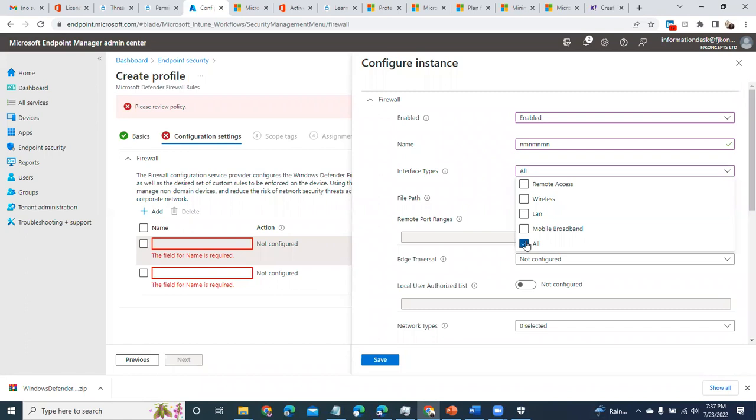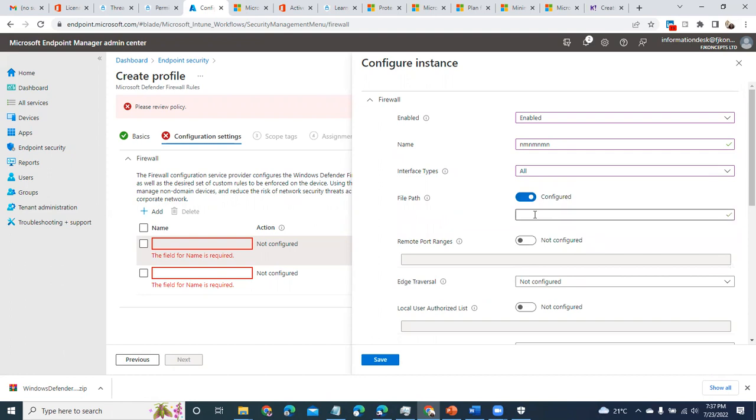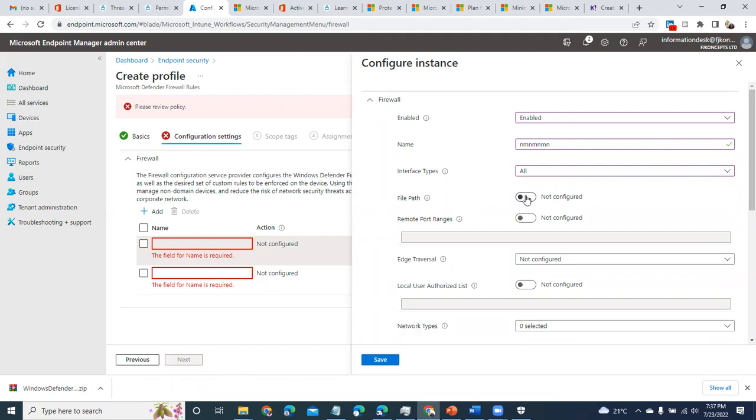So here, just select. And then you can go as granular as the file path, where this firewall permission is going to see that this process exists and you should allow it. The port, edge traversal,